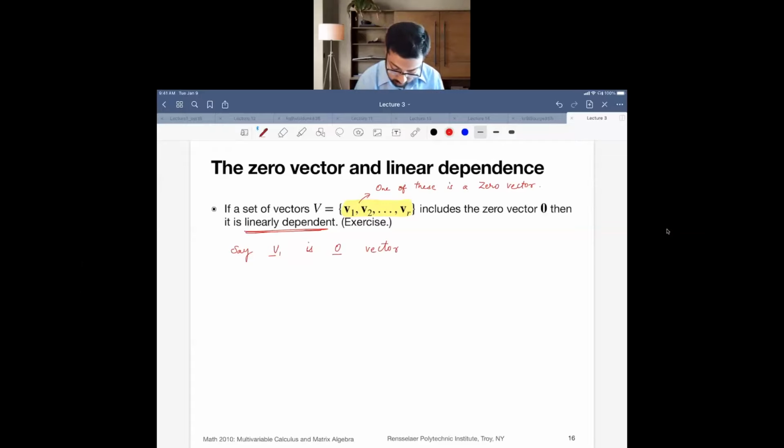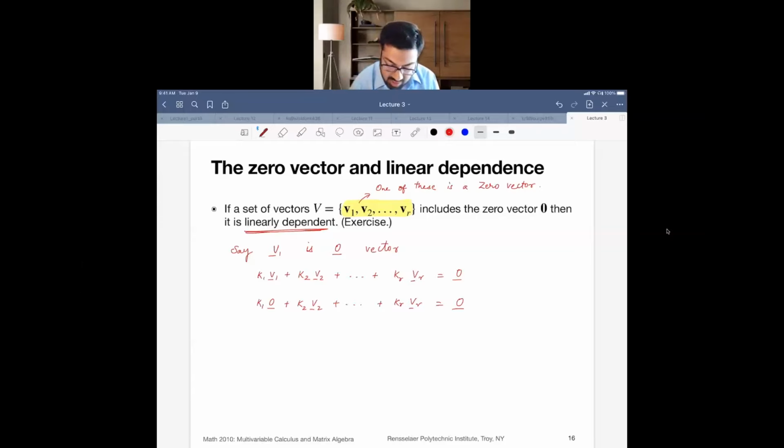And if that is the case, you have what? k1 v1 plus k2 v2 plus and so on up to kr vr equals 0. That's your vector equation. Then what do you have? We picked v1 to be a 0 vector, which means what? k1 times 0 plus k2 v2 plus and so on up to kr vr is going to equal 0, because we have let v1, one of them, be a 0 vector,